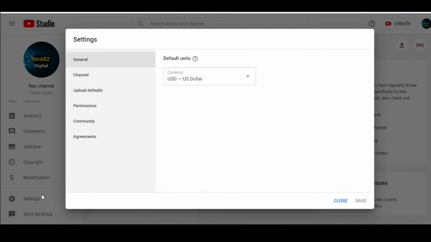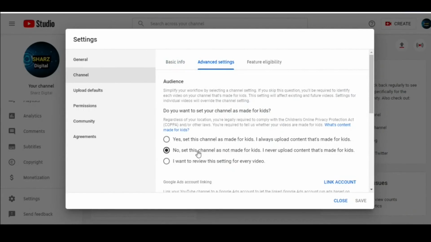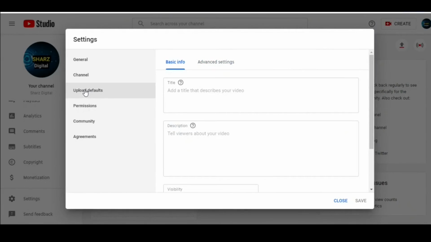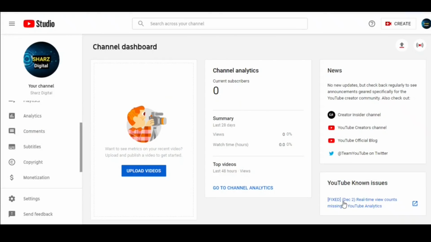In the settings tab, the main thing is the category of your video, and the main thing is comments, how you can manage your comments. Other things are phone verification, channel keywords and country selection. Then whether your channel is made for kids or not, that is more important. Only those things are important, and other things can be managed later also in your YouTube journey, because in the start that is all not important.